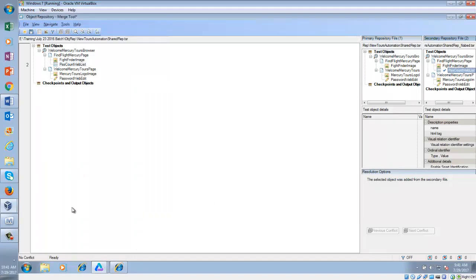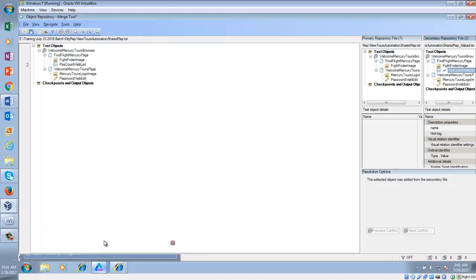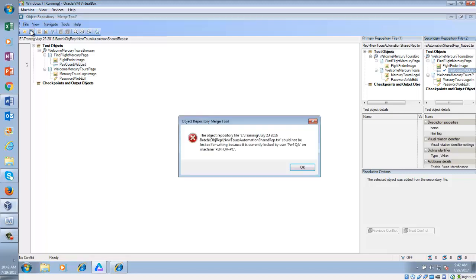Can you see this object from Naved's secondary repository is added in the master object repository? Now click on save.